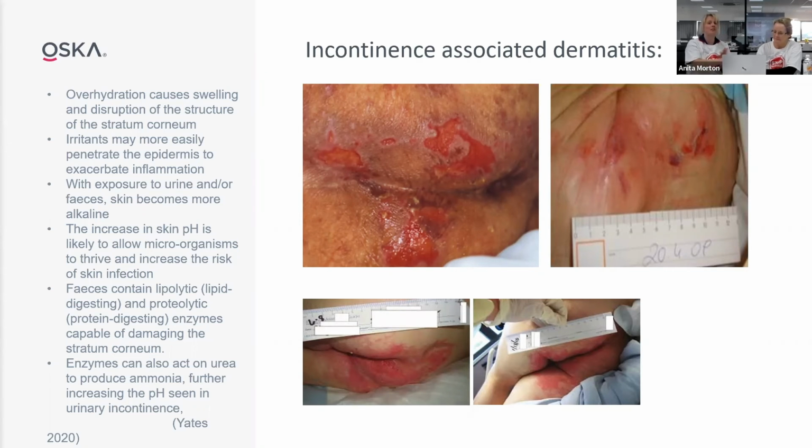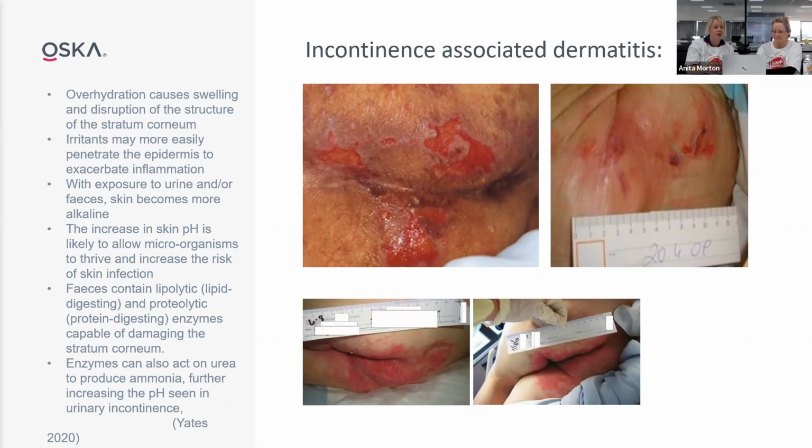And it then exposes our stratum corneum, the top layer of the epidermis, to the effects of toxins and bacteria, and really does leave it open to skin infection. And therefore, we then get that horrible, nasty, really red, excoriated skin that's almost like a burn that's really painful